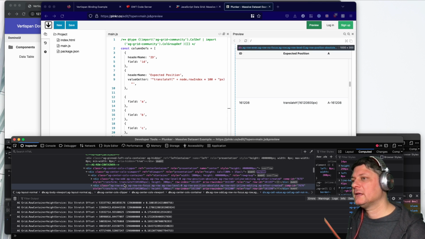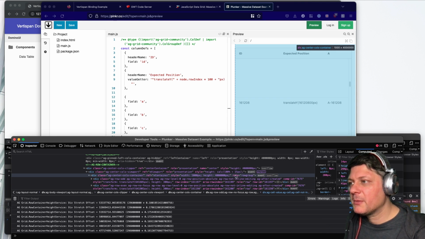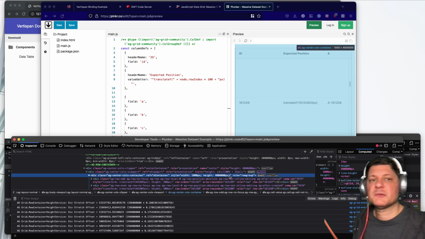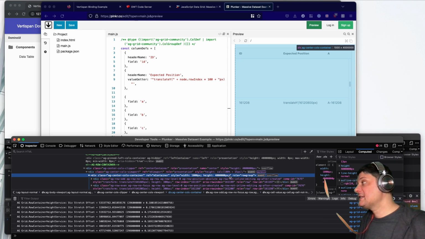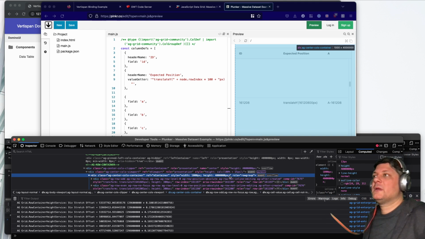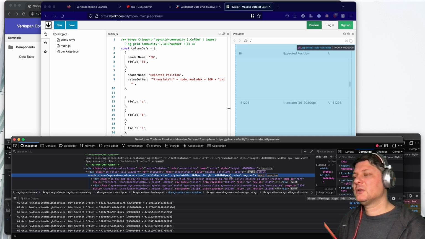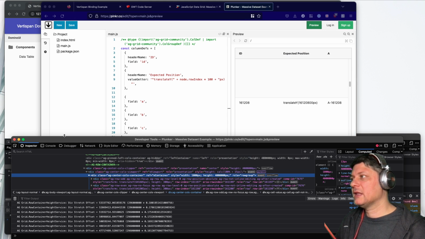See if I can find that. Yeah, 4 million. It's setting it to the max, which is 4 million. I don't know what their algorithm is, but they just set it to 4 million as the max in Firefox. It's a lot different in